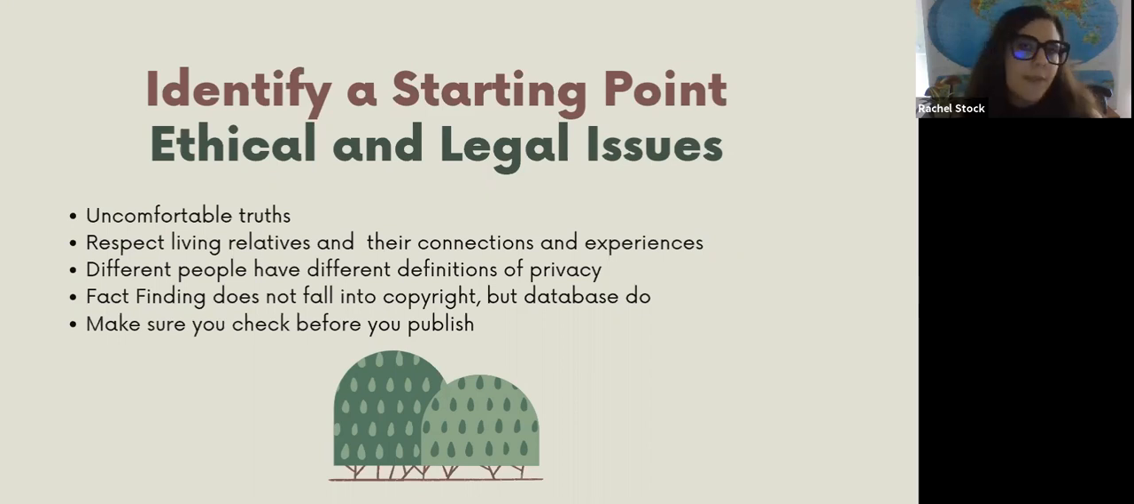And with that being said, different people have different ideas and definitions about privacy. Although sometimes as a librarian I seem really outgoing, I'm actually a very private person. So if someone in my family published or made public on a website personal information about me, I would be very offended and find that to be repugnant. So we just need to make sure that we are respecting our family members and their